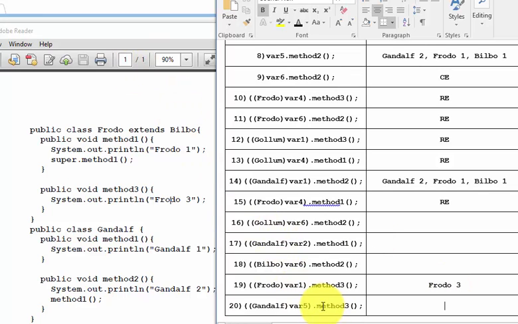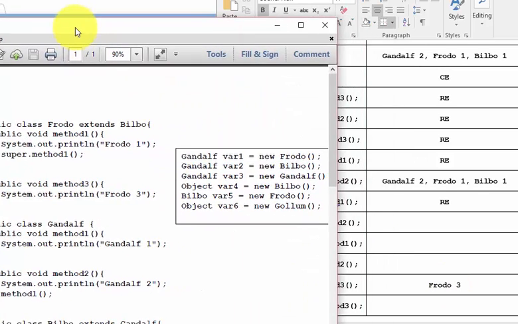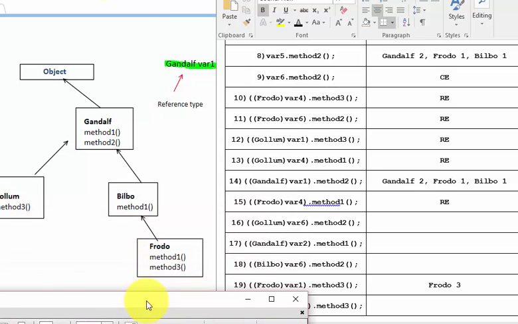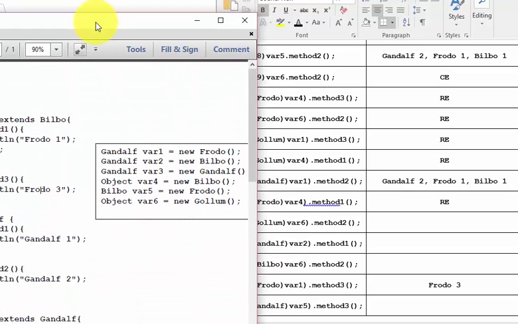Next, Gandalf var5 method 3. So can Gandalf cast the reference type of var5? var5's reference type is Bilbo. Can Gandalf cast Bilbo? Well, they're in the same tree, so yes, it's possible. Then we check if Gandalf